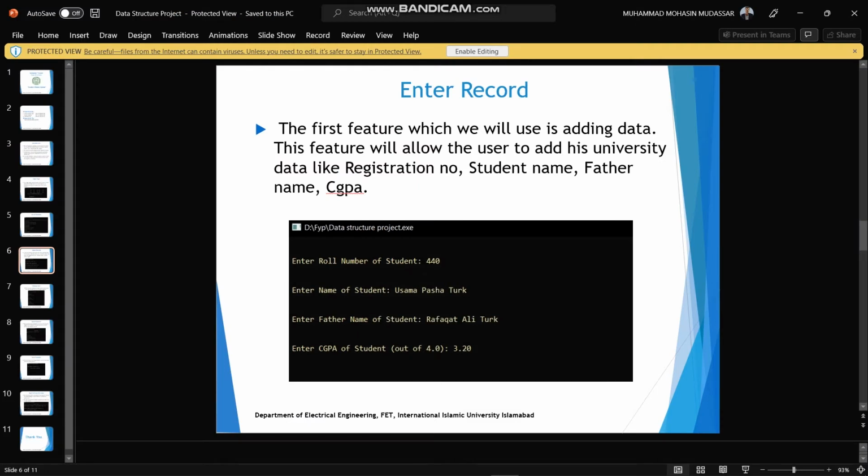Enter record. This is the first feature of our project. In this feature, we will allow the user to enter his data like registration number, student name, his father name, and the current CGPA. Now Pasha will show us the code.